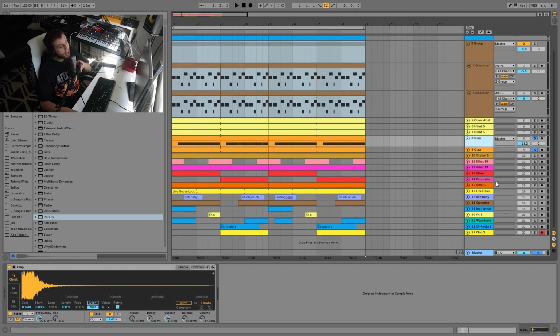And so that's how you want to think about that. I think a lot of times people think, okay, I'm just going to find the perfect open hi-hat sample. But the truth is, it's really just got to be layered together. And you have to get different sounds to make that one big main hi-hat and clap. So yeah, and then underneath that we have all these little other percussions, which